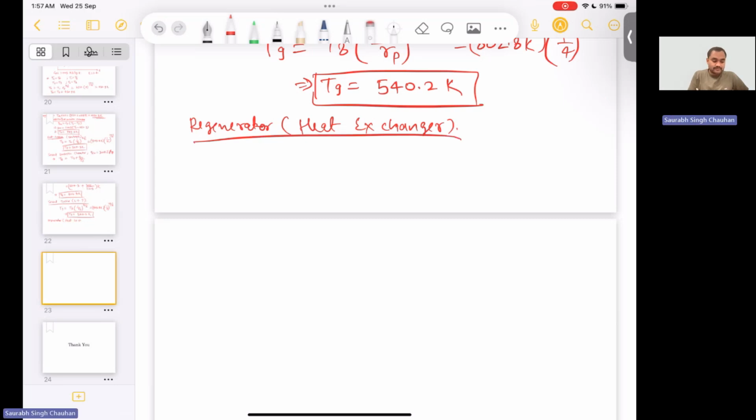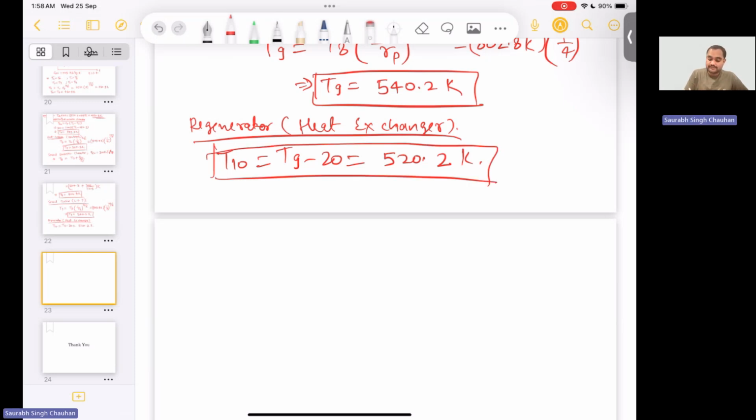Okay. So in the heat exchanger, there was a change in temperature of 20 degrees Celsius. So at the outlet of the regenerator, the temperature of the exhaust gases will be dropped by 20 degrees Celsius. Okay. So T10 will be equal to T9 minus 20 degrees Celsius. So you will have 520.2 Kelvin is equal to T10. Okay. So now we have temperature values at all the points,